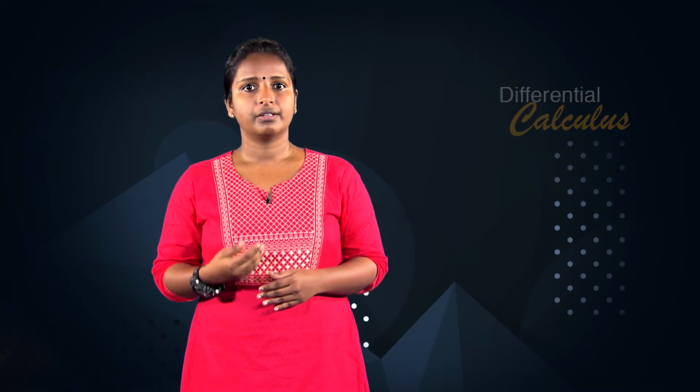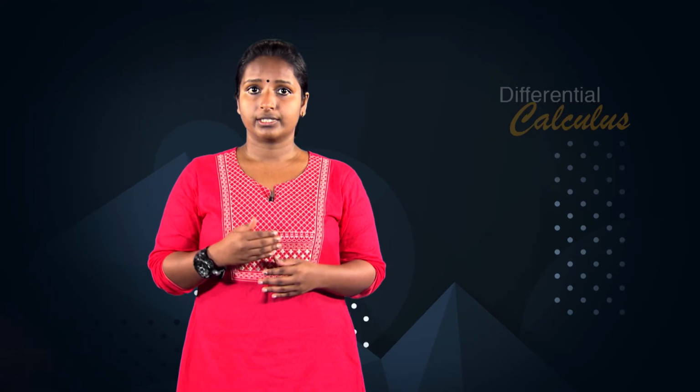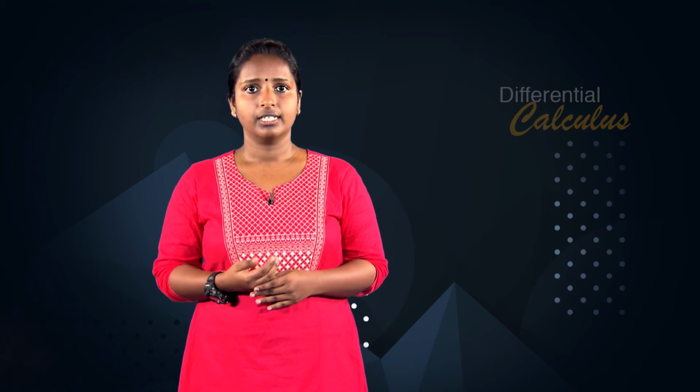Next one, the power series summation n factorial into x^n, where n goes from 0 to infinity, always converges at x equal to 0, since substituting this value produces the series 1 plus 0 plus 0 plus etc. plus 0 plus etc. If x is not equal to 0, applying the ratio test for absolute convergence with u_n equal to